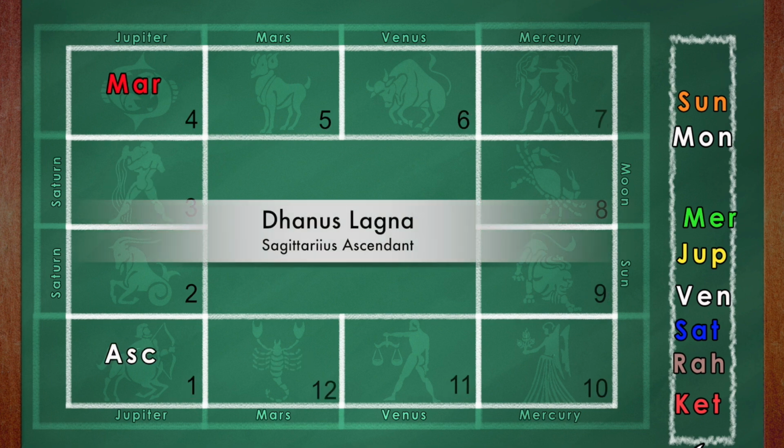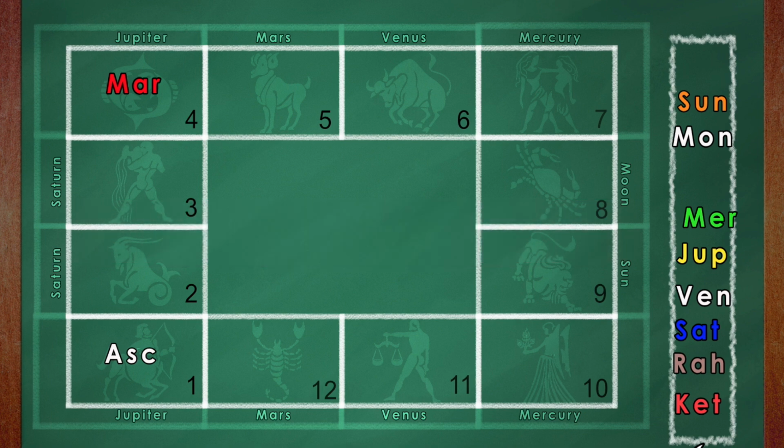In this horoscope, the ascendant is Sagittarius, a Dhanu Lagna person, and Mars is in the fourth house. This Mars is definitely better off. That's because Mars occupies the sign of Jupiter, and not only that, this Mars is good because for a Sagittarius ascendant person, Mars is considered to be a functional benefic. So to get further information, it is better to read the individual horoscope because this Mars might be influenced by favorable planets or afflicted by unfavorable planets.